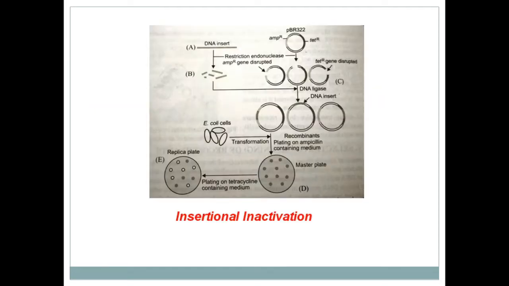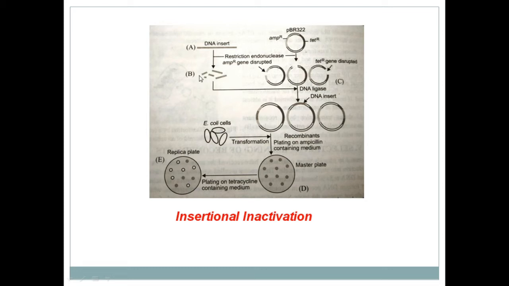First of them is insertional inactivation. As you can see here, in step A there is a DNA insert, a DNA molecule. Along with that you can see a plasmid molecule. This plasmid molecule is pBR322, which contains two antibiotic resistance genes, ampicillin resistance and tetracycline resistance. In the first step you treat both the molecules with the same restriction endonuclease enzyme,